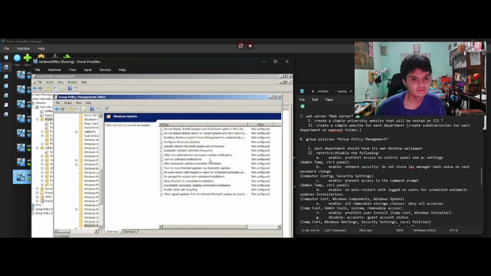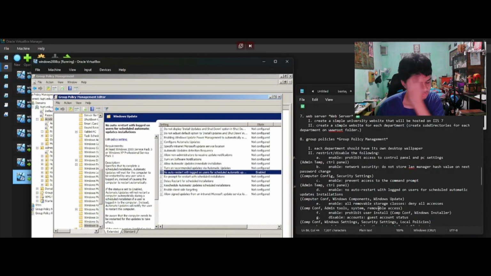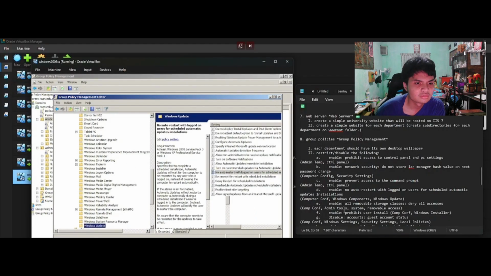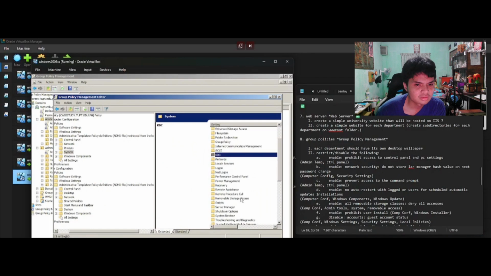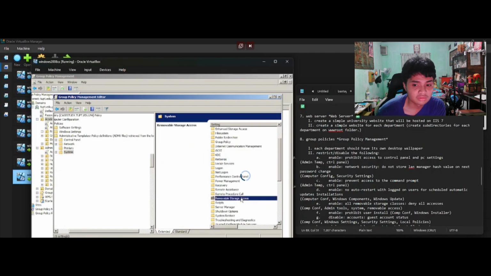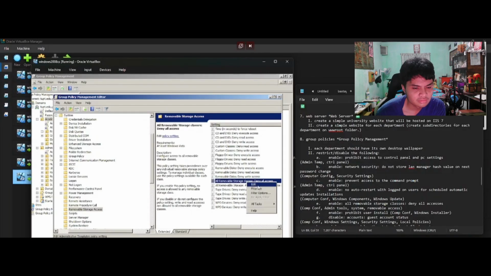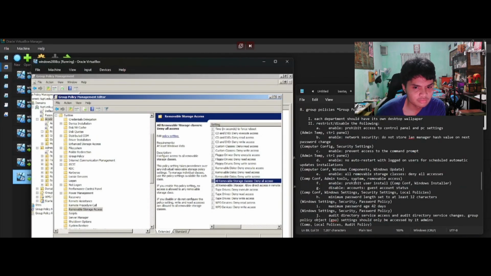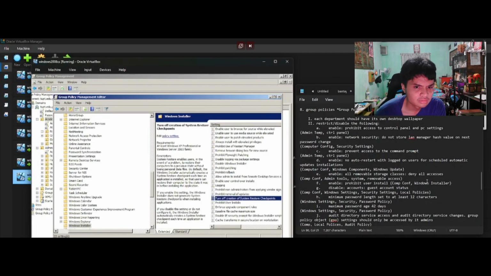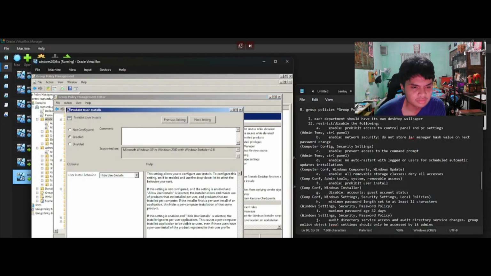Auto restart. There's update, to turn that off because it's already inside there. Then we need to move access to storages, seen earlier. Then turn off restore checkpoints.